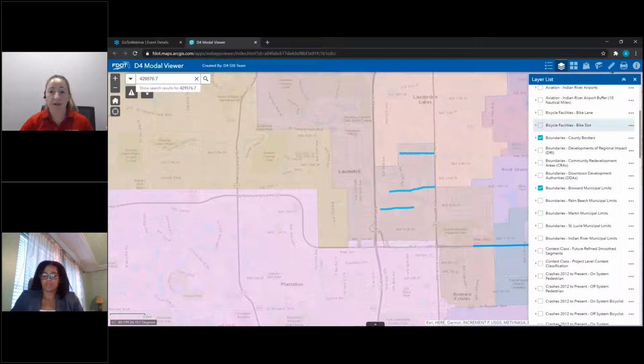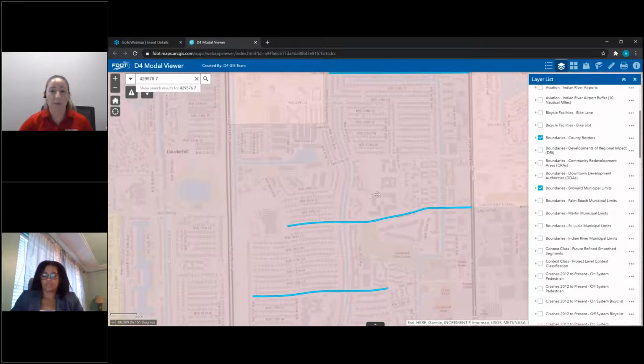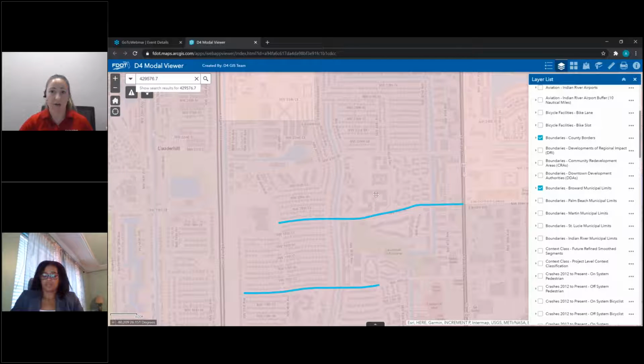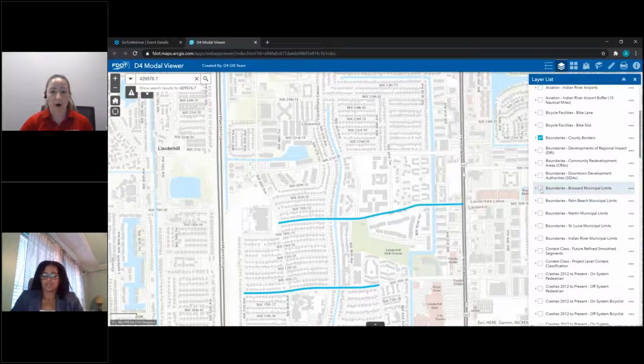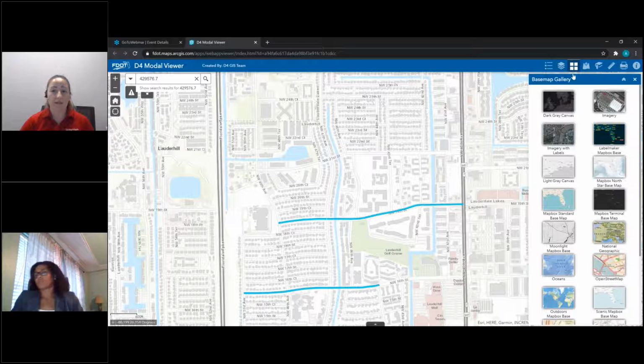So continuing on, another helpful thing would be to know what kind of actual land uses and information I can get from the map even before I turn on any of the other layers. So if I turn off my boundaries, now I know where the city is located. One of the other options I have is changing the base map in the back. Right now I have the streets on, and if I come to this 3rd icon at the top, I have a selection of all of these different map backgrounds that will allow me to change the background